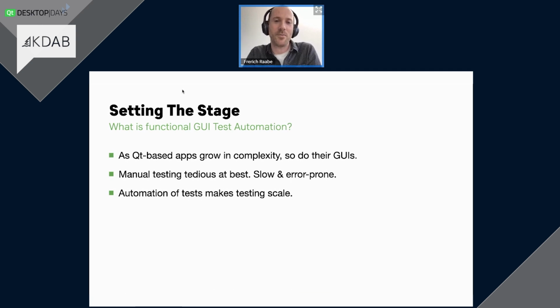However, test automation also comes with challenges, of course. And one of them is that you need a robust way of expressing the set of desired interactions. So you need a good way of telling the software tool what to do. And this is where the functional part comes in. Functional testing is what makes your test robust and portable.